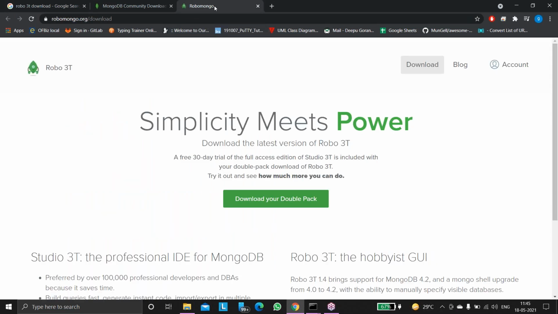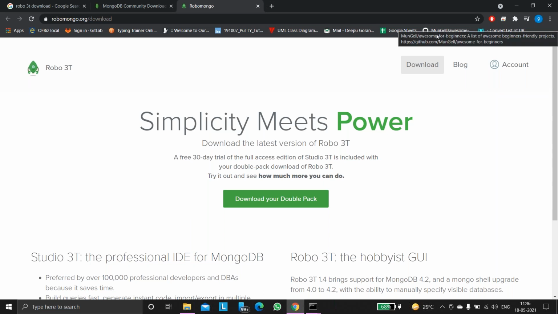So this is the graphical user interface. Suppose you want to practice HTML, JavaScript, or anything, what will we do? We will install one of the softwares, like Notepad++, Visual Studio Code, Brackets, or NetBeans. Like that, if you want to practice MongoDB commands, purely practicing in the command prompt does not look that good. So that's why I am downloading Robo 3T. This is a good one.